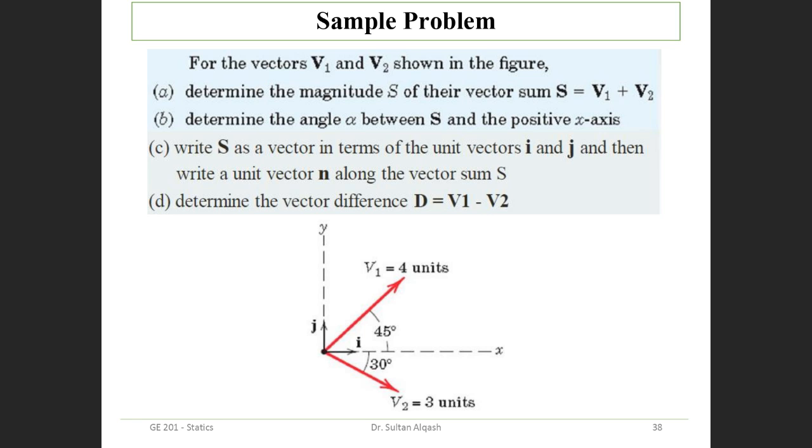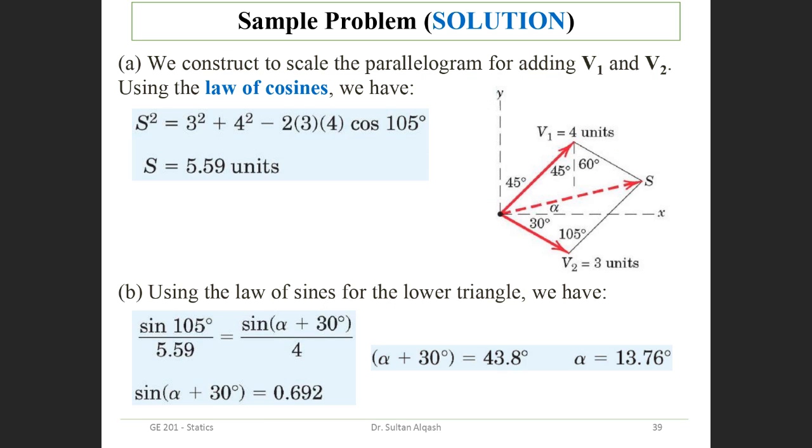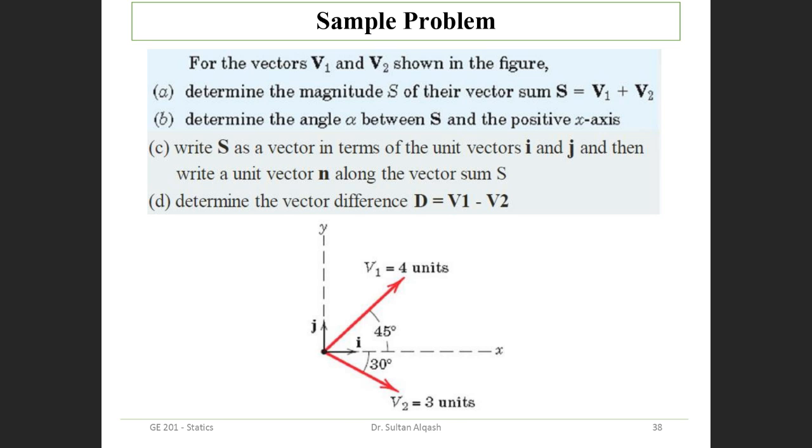Here a problem. Okay. Oh, sorry, I passed the time, guys. No one warned me. Sorry, guys. So I will leave this simple problem for you. So we have two vectors here. It is asking you to determine the magnitude, right? And then determine the angle, and finally write the vector in terms of i and j, right? And determine the vector difference. Easy. This is good practice for you to refresh your mind. So I leave it to you. You have the answer here. It's really laid down for you. Just before you look at the answer, try to solve it on your own.